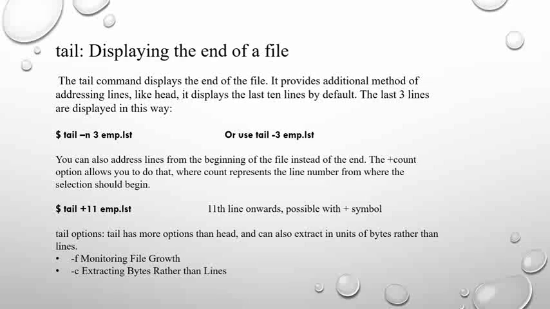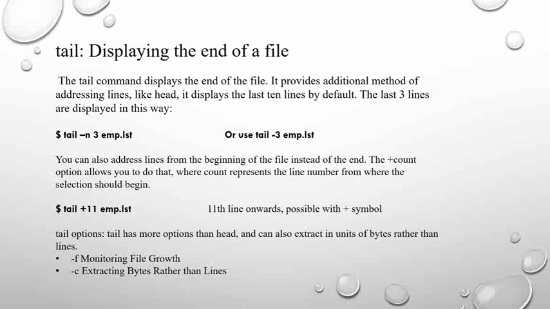You can also address lines from the beginning of a file instead of the end. So the +count option will allow you to do that, where count represents the line number from where the selection should begin. See here the example: tail will give you the end of the file, but +11 is nothing but the count option, and plus stands for the count option, and it should begin from the 11th line onwards. So from the 11th line onwards in the file named employee.list,